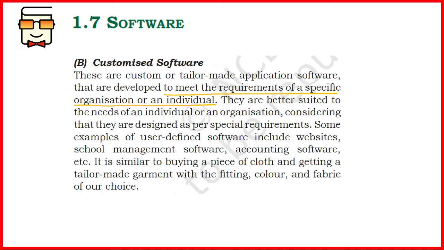Now the second kind of application software is customized software. Customized software has a very specific target audience. It is not general purpose. In IT companies you must have seen or heard that there are specific interaction software built so that the employees sitting within an office can interact or chat with each other. That software will not be available to common people who are not employees of that company.